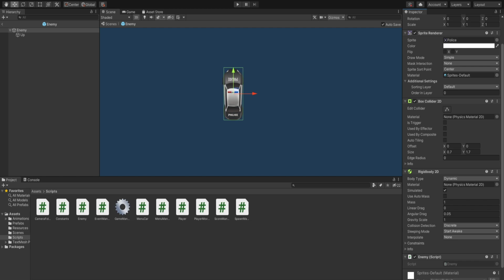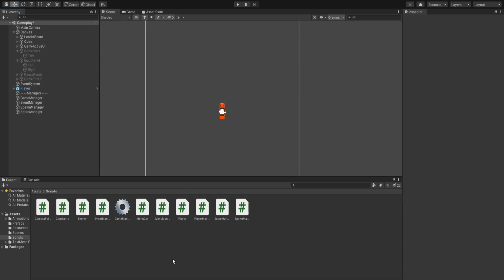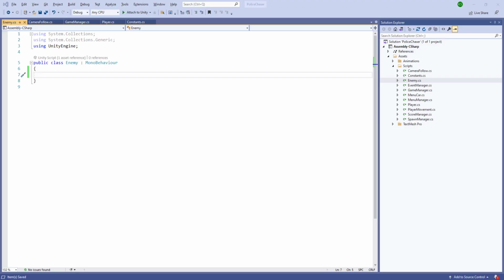So the enemy script is going to be similar to the player script, but instead of getting the input from the manager or the movement manager, we are going to set up the input. We'll calculate the torque and likewise we'll set up the input. So let's go inside the scripting phase and let's see where we are. So for the enemy,